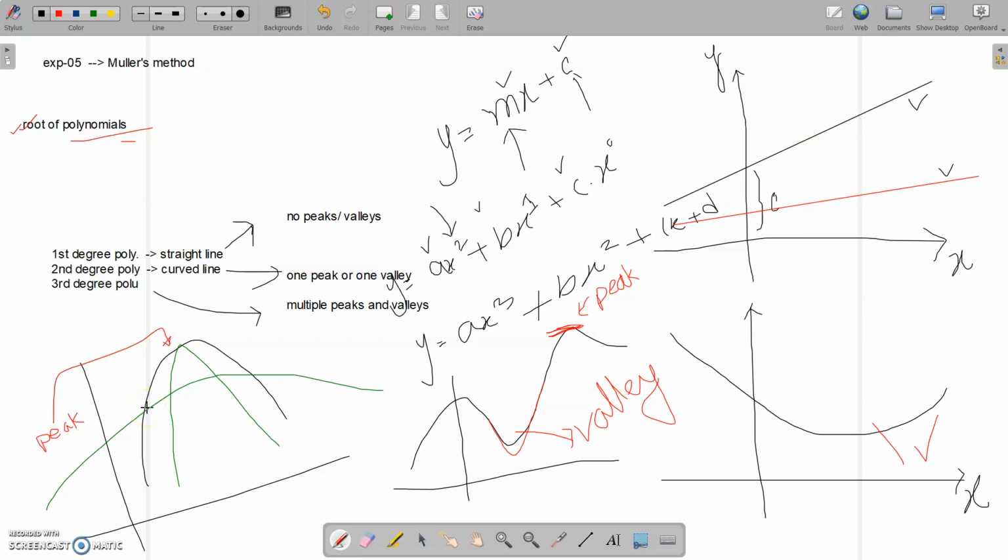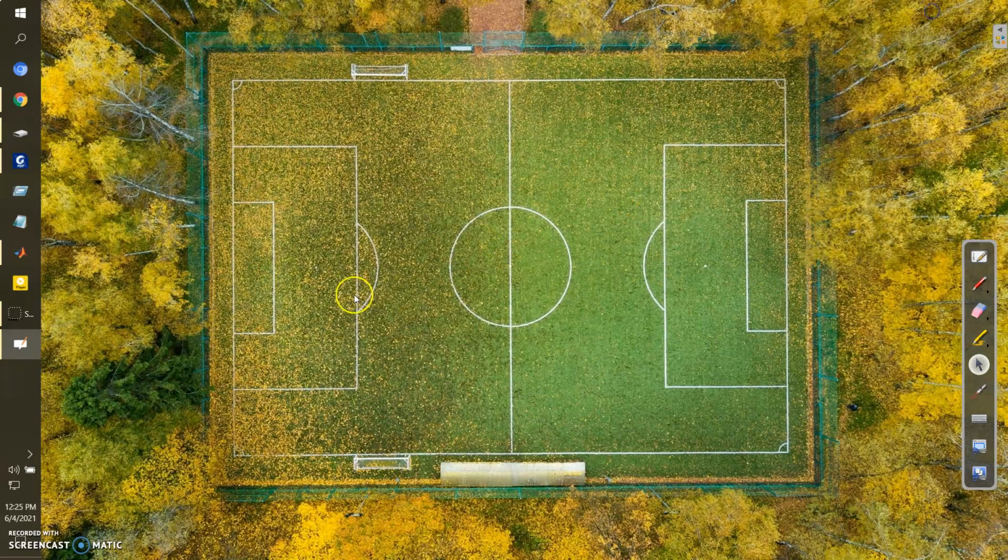Now you have seen different degrees of polynomial and you also know their shapes. Let's take a look at it in the